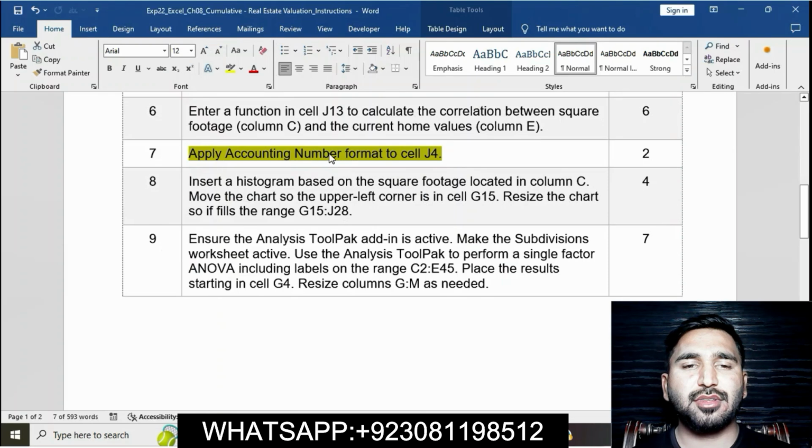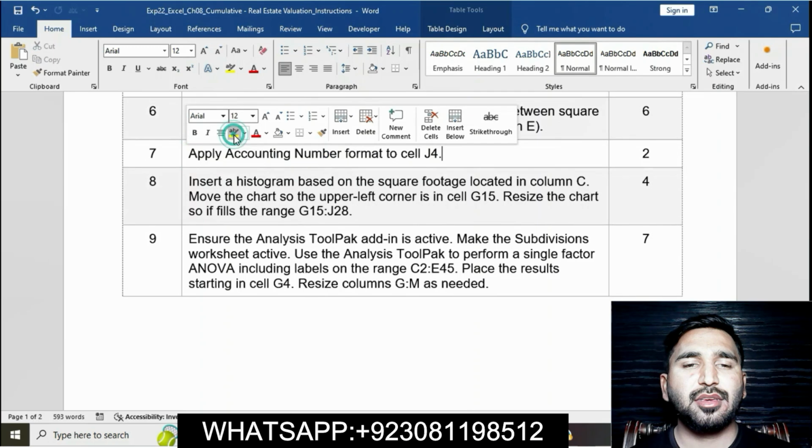Now moving on, next question is question number 8. I have done 7 questions of this assignment right now. Now moving on to question number 8. In question number 8,